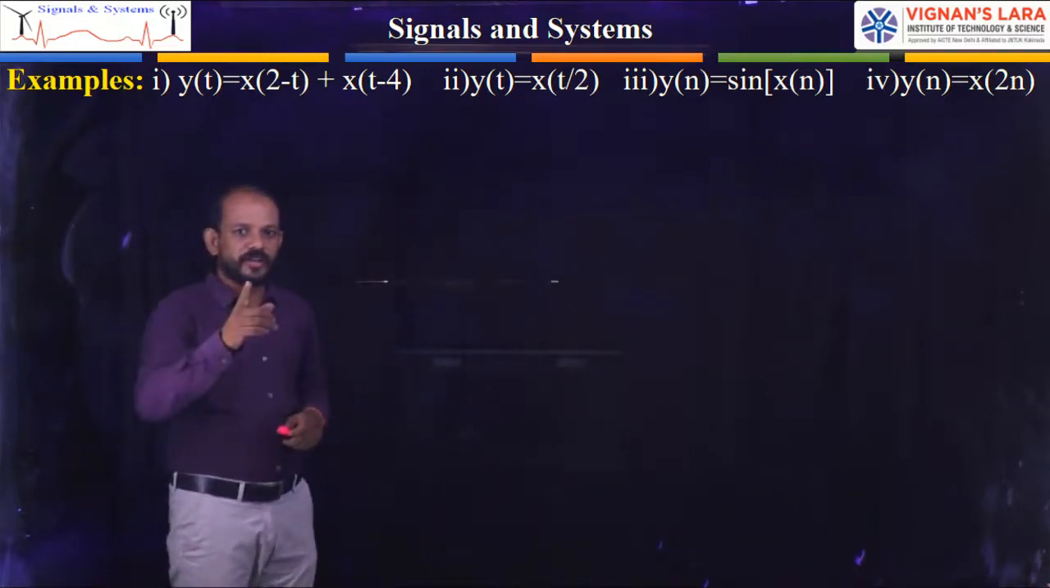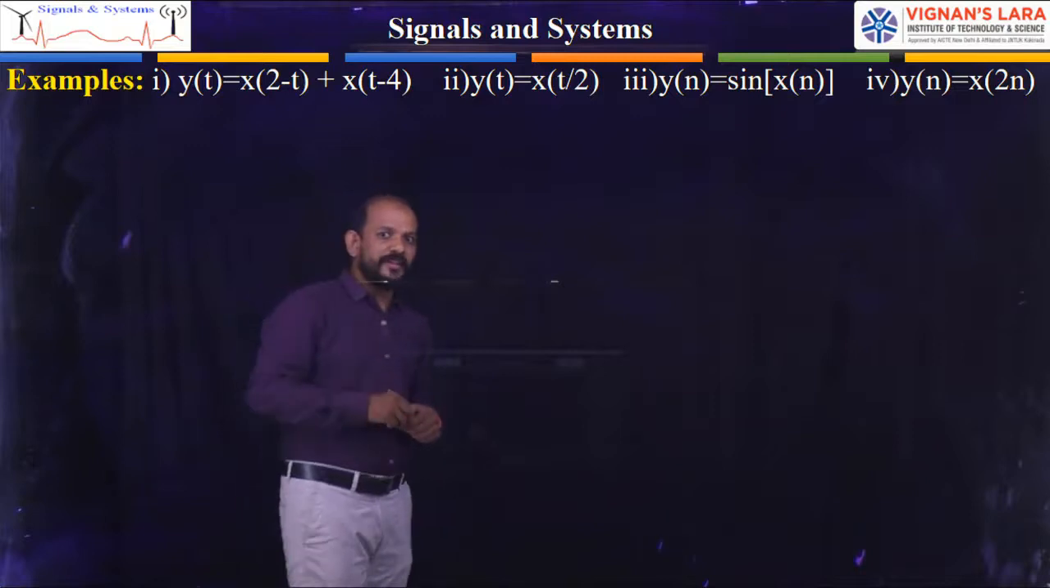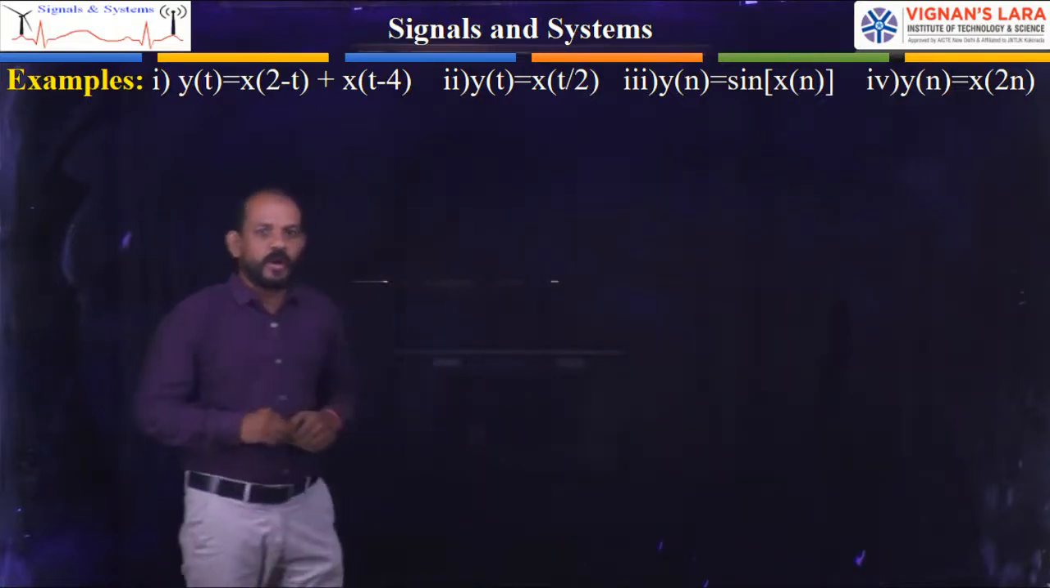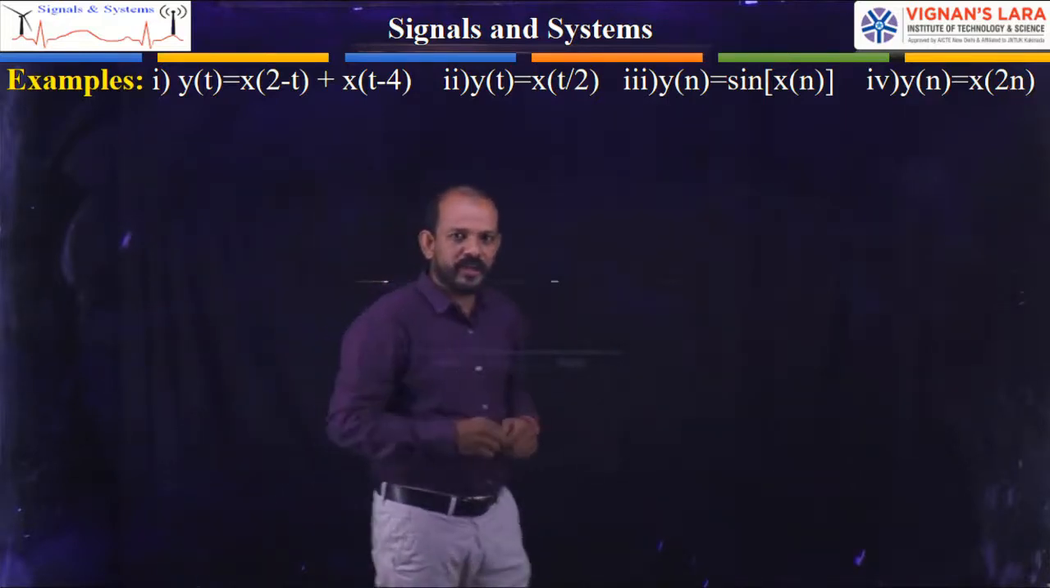So y of t equal to x of 2 minus t plus x of t minus 4. Okay, first one. Next, y of t equal to x of t by 2. These 2 are with respect to continuous. And third one, y of n equal to